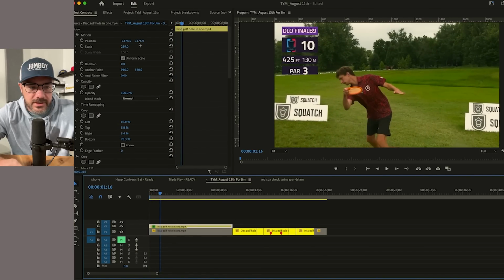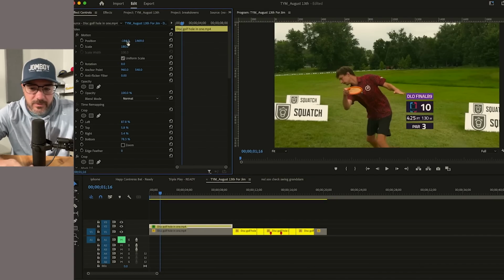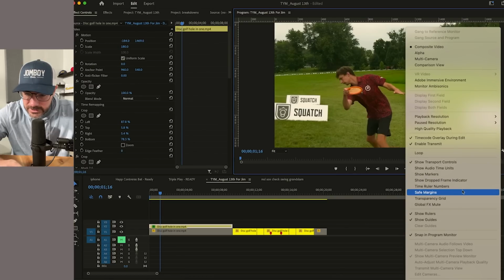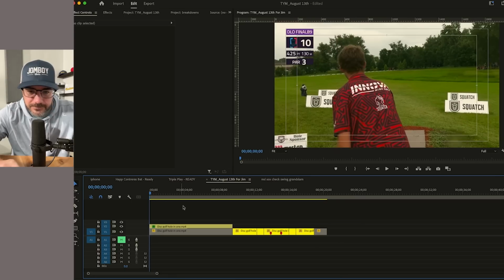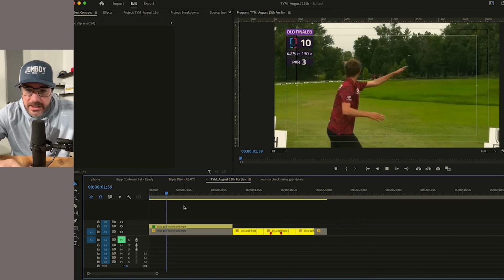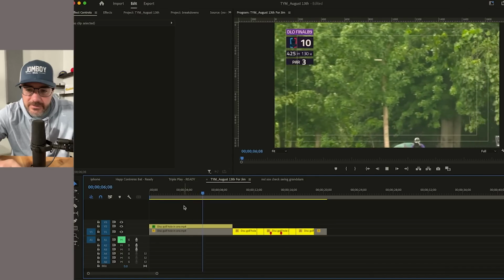This purple thing. If I go, it was dead center. I'm making it a little bigger, 180. And I'm going to turn on the safe margins. And I'm going to throw it in the top left corner. Score bug. And then what can I do here to make it even more